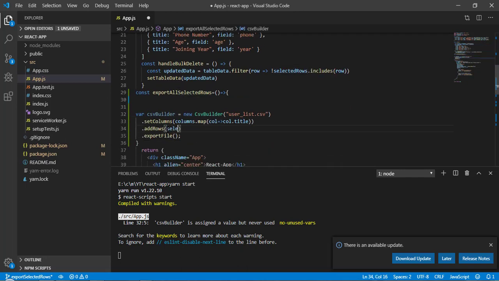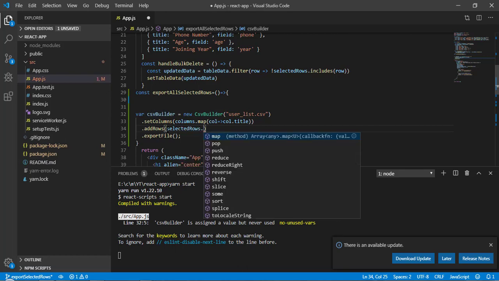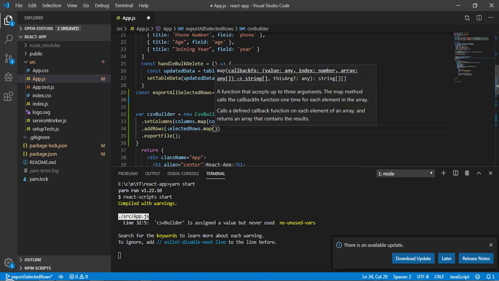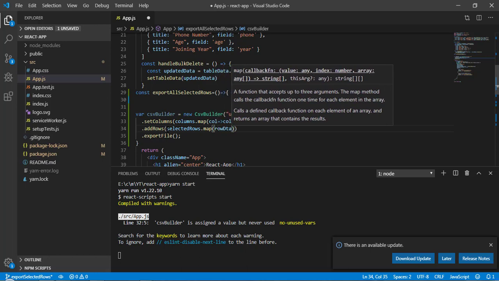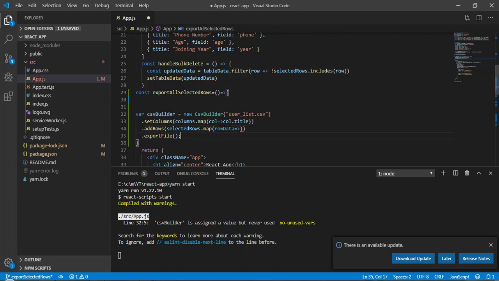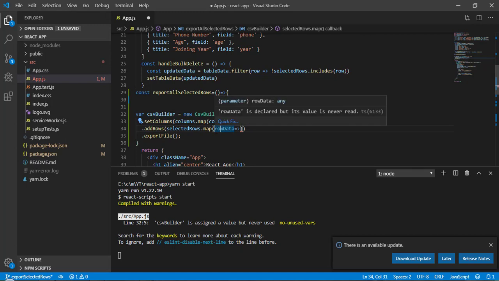So selected row dot, and here I am going to use map again, because this map is going to return an array. So here this map, and I will call it row data. Okay, so now this row data is going to give me a particular object. So now we have to retrieve the values from the object and make an array.